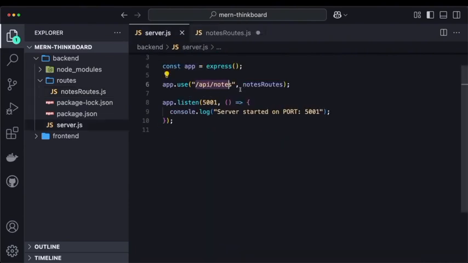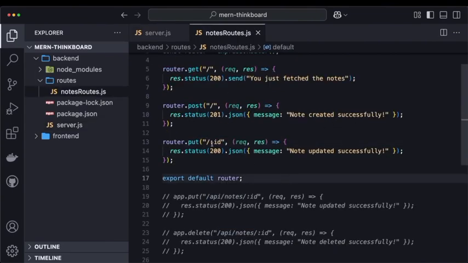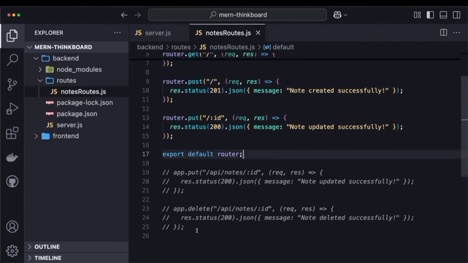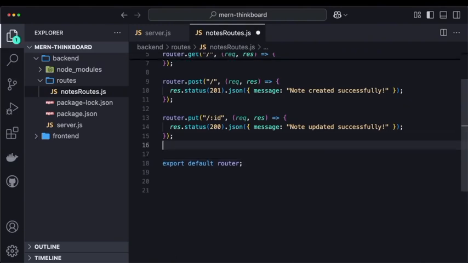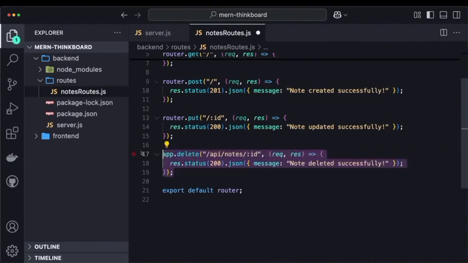/API/nodes. We already have this. It is prefixed, but we would like to add the /id at the end. Now this should be making sense completely. And then I'll get these two as well. We don't really need to put, we just put that. And then let's say